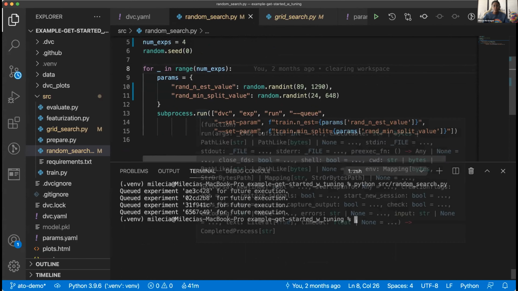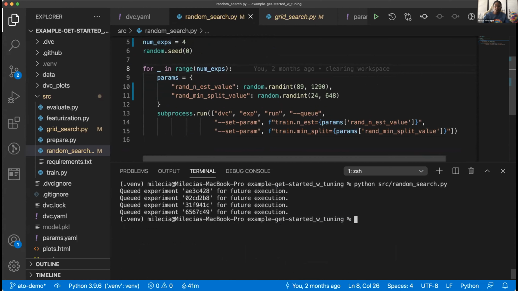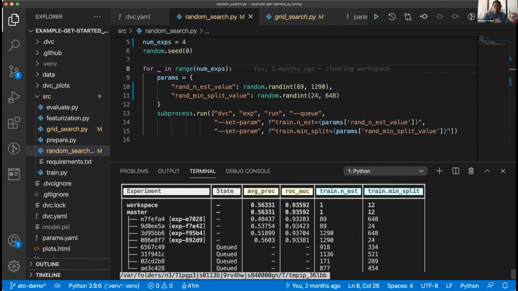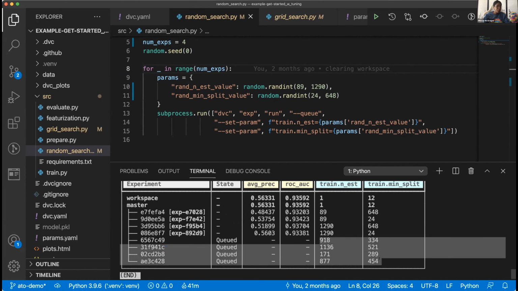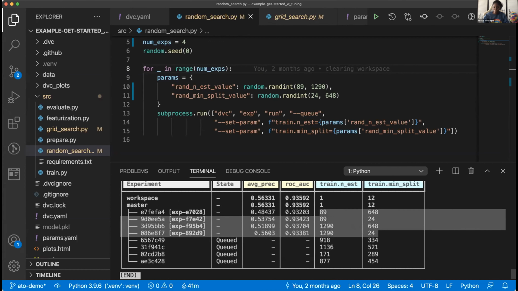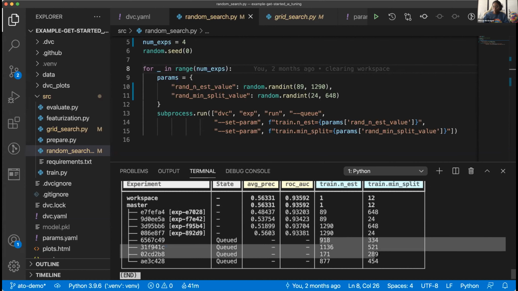So what's happening, again, is we're running this queue command with random values for each hyperparameter. And before we run the experiments, let's take a look at that table because I'm curious what values it gave us. Okay, these are completely different from what we had in our grid search by leaps and bounds. And right now we have no idea whether any of these values will be better than